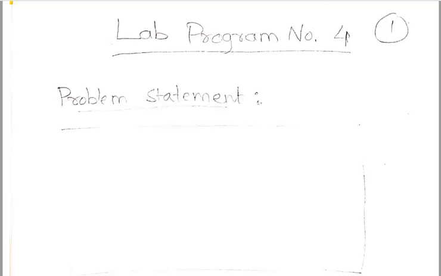So first thing is, on the first page, you are going to write lab program number 4. We will start with lab program number 4. We have already completed the two programs in the laboratory. We will come back to that. I have to provide you with a flow chart. I will provide you the flow chart, but from this week we are going to do lab program number 4. That is the reason I have taken lab program number 4 for this format specification.